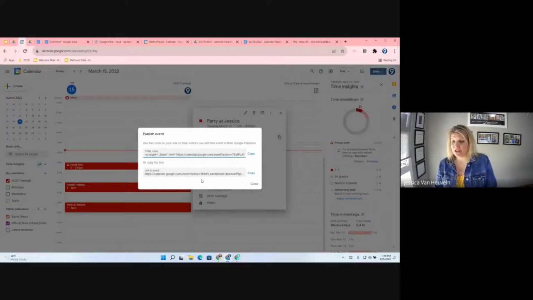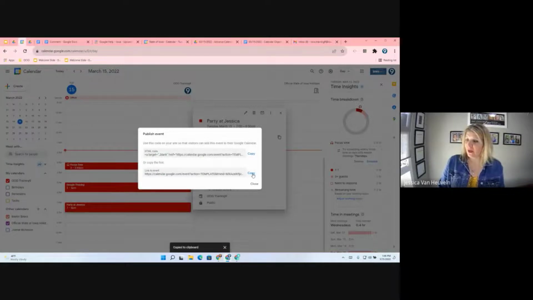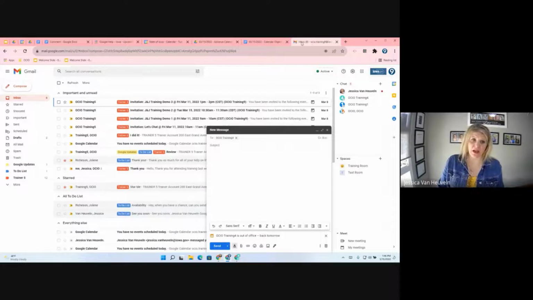Once I publish it, you have 2 different URLs. HTML code, you could embed it inside a Google site or a website. I'm not going to do that. I'm going to go ahead and copy the link to the event. Okay. Once I copy it, I could go ahead and publicize it, do what I just did with the add